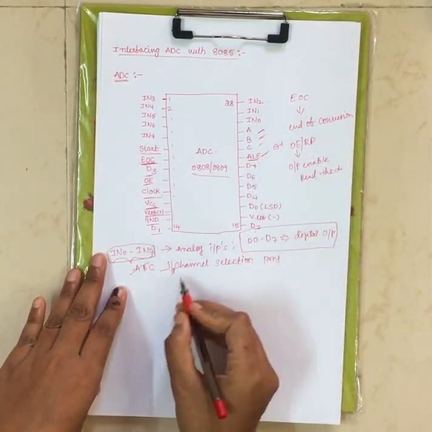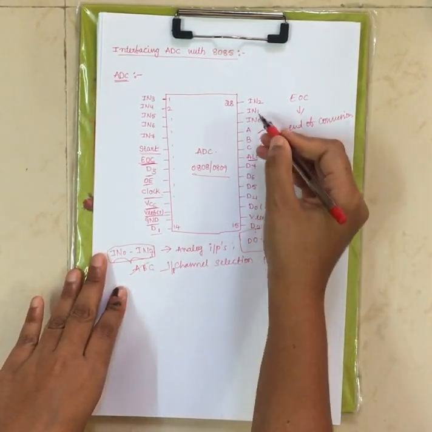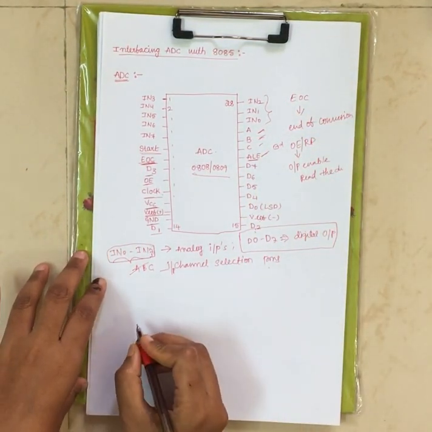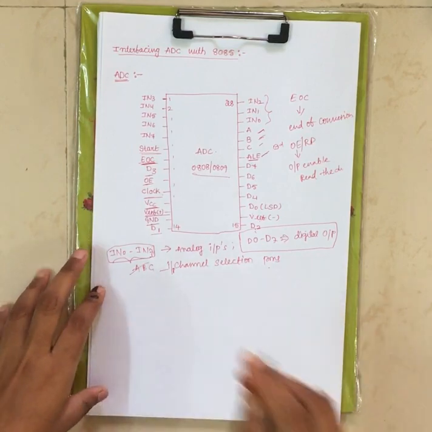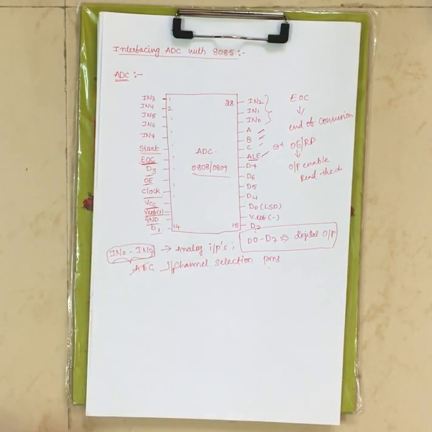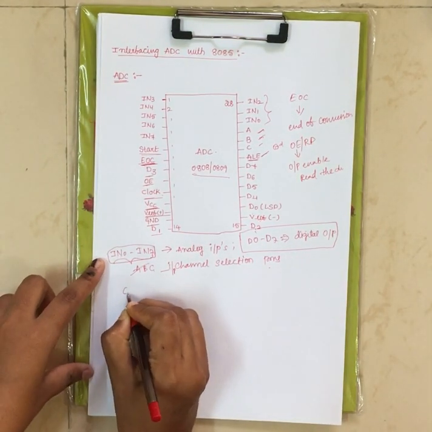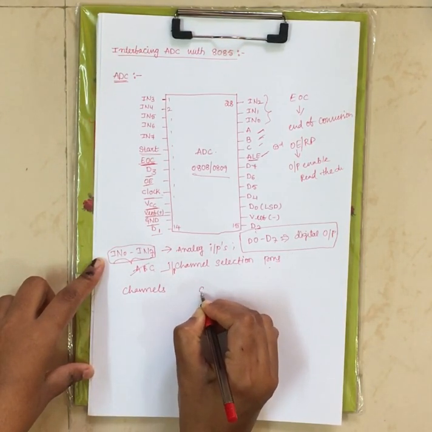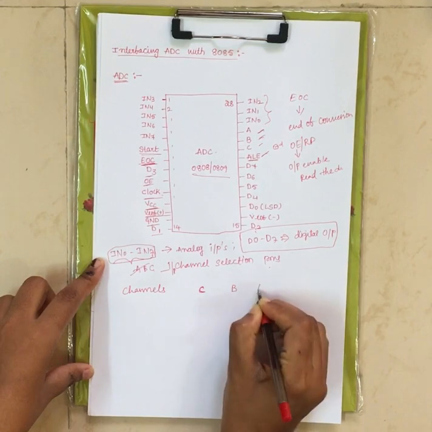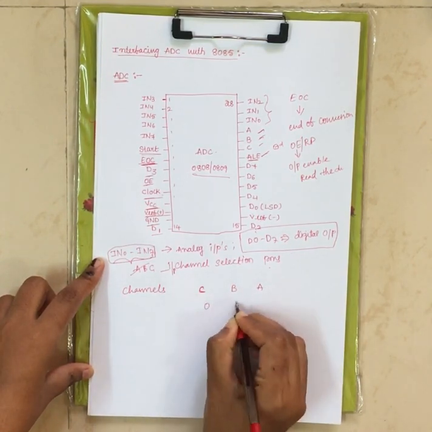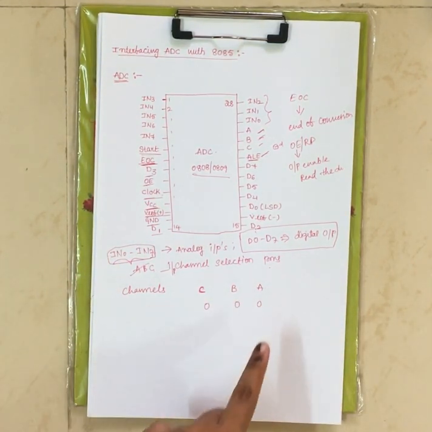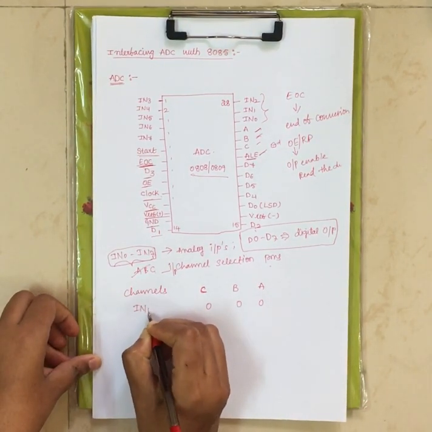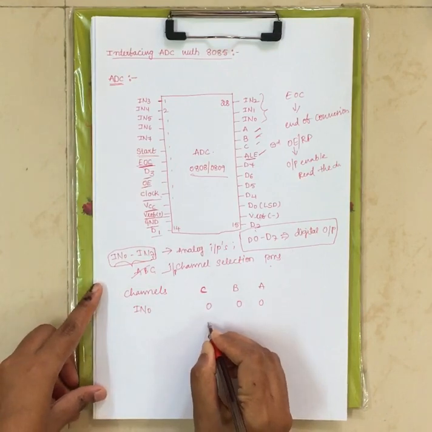Now ABC are nothing but input channel selection pins, and these are your analog input signals, right? Now let us see how the analog inputs are selected using ABC values. Now these are the channels, and next we have C, B and A. When A is 0, B is 0, C is 0, analog input pin IN0 is selected. Now for 001,